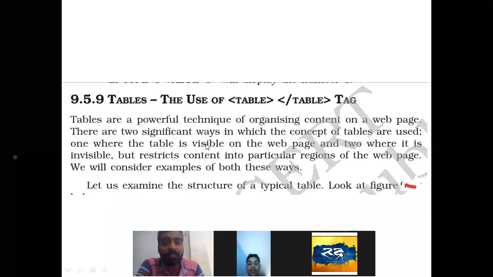One where the table is visible on the web page, and the second where it is invisible but restricts the content into particular regions of the web page. Means the content will appear on the web page, but the border may not appear.